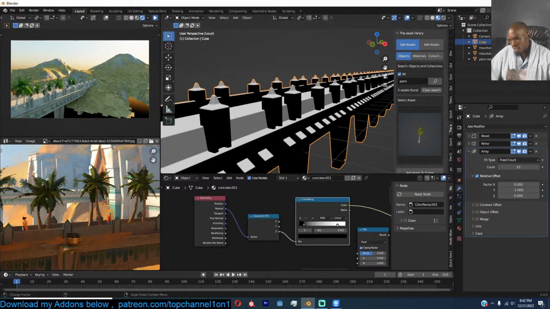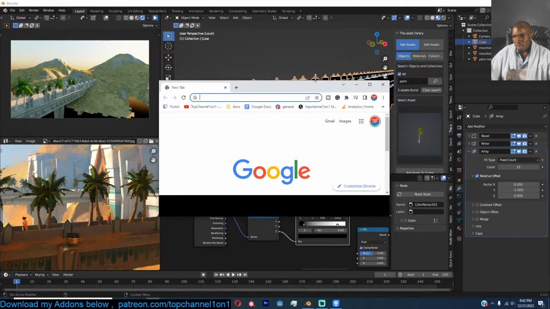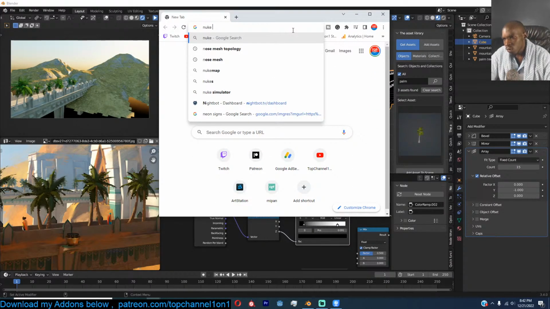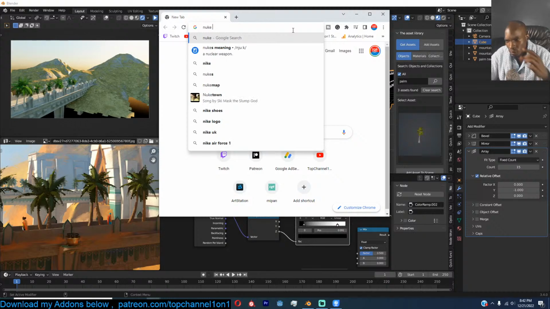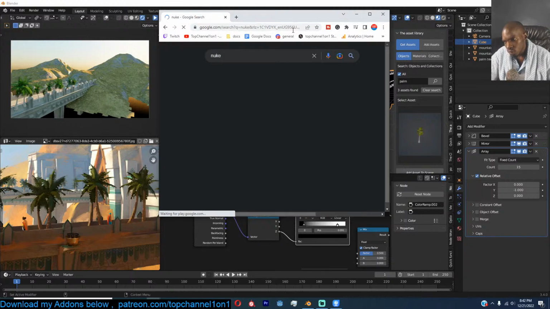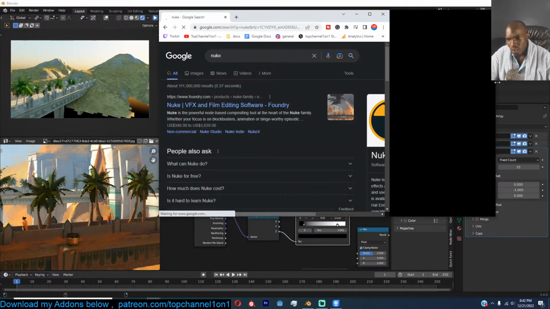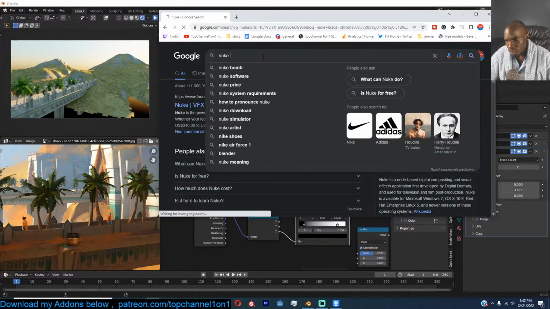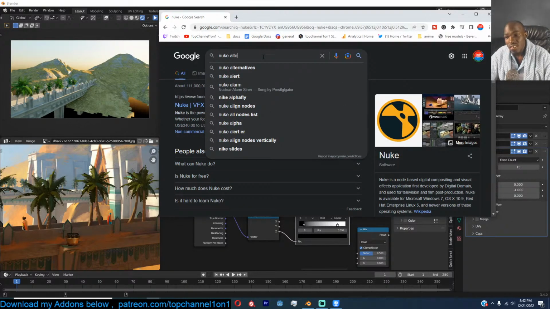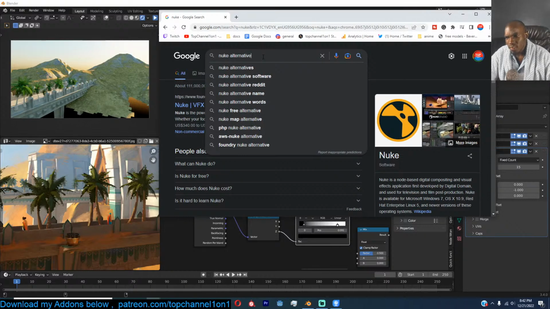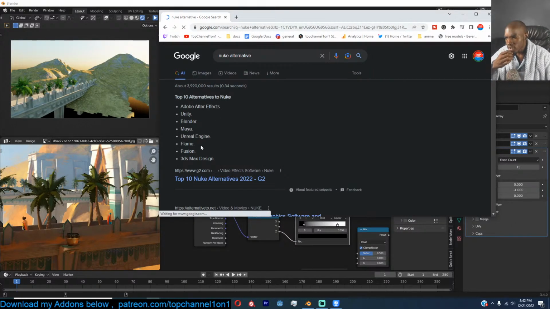Oh, but there is. Yeah, I think there is one called, I don't remember. It's a Nuke alternative. Do you know about Nuke? There is an alternative to it, which is open source, I think. I'm not remembering what it is called. But you can look into Nuke. There is something. I don't know if it has all the features you want, but